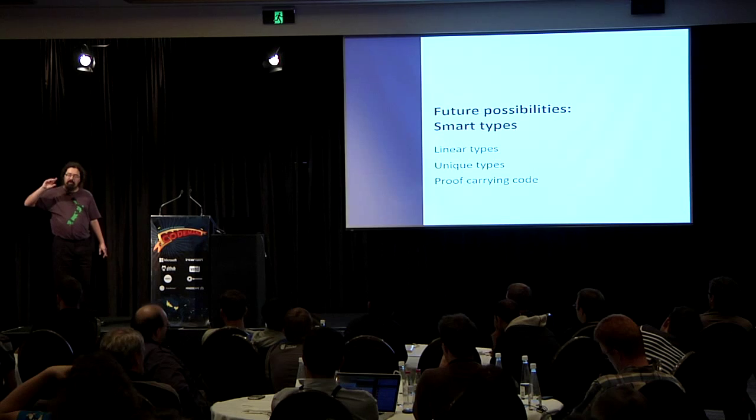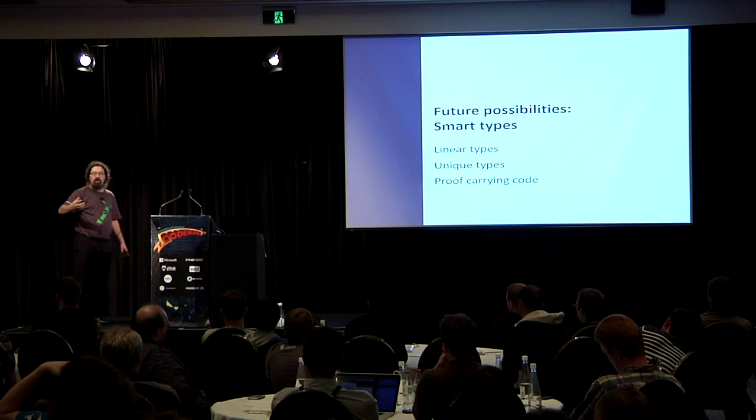Linear types and unique types, apparently they're different. I can't tell the difference between them. They're too brainy for me. The idea with these is constraining how often a type is used. So for example, imagine a pointer type. You want free, or the destructor, whatever your language calls it, you want that pointer to be freed once and once only. Not zero times, not twice, once. And once it's been freed, not allowed to do anything with it. It's gone. You cannot use that reference anymore. You cannot use that pointer anymore. That is the promise of linear types, that they will manage that sort of numbering, that single use, that consumption for you.